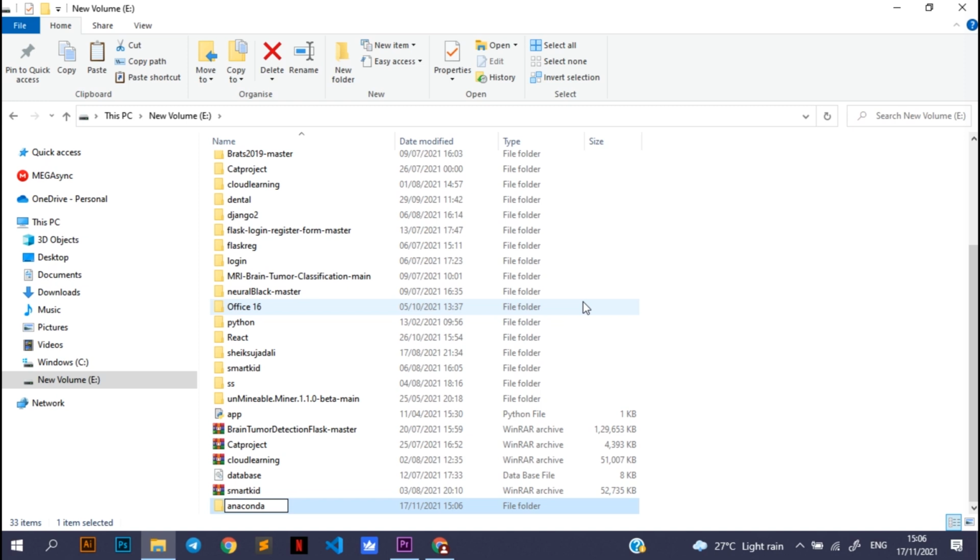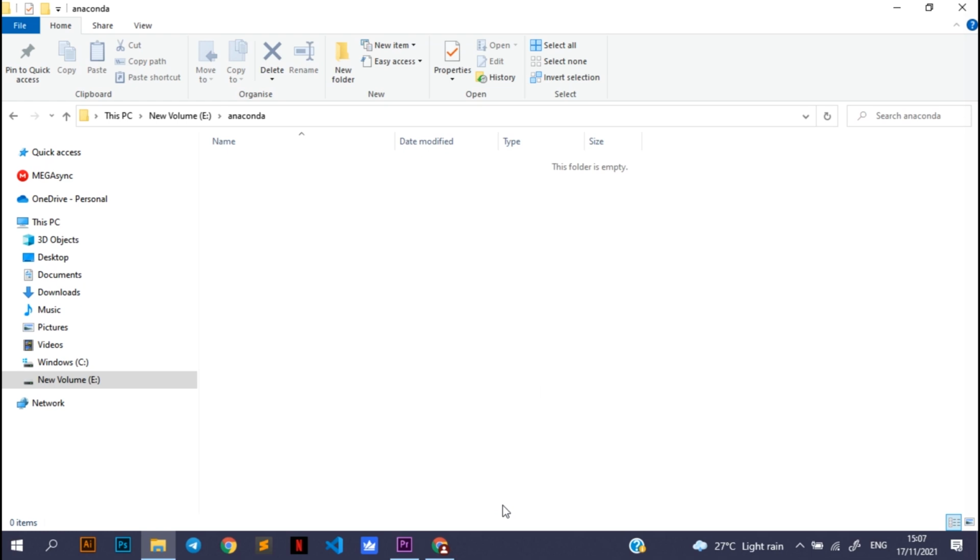When you're creating a folder named Anaconda, while naming the folder, please make sure you don't give any spaces. Let's say you want to name it Anaconda software. Then do not give it as Anaconda space software. You can either give it as Anaconda underscore software or Anaconda software as a single word. The problem is when you start installing, if it detects any space in the folder name, it might not install properly.